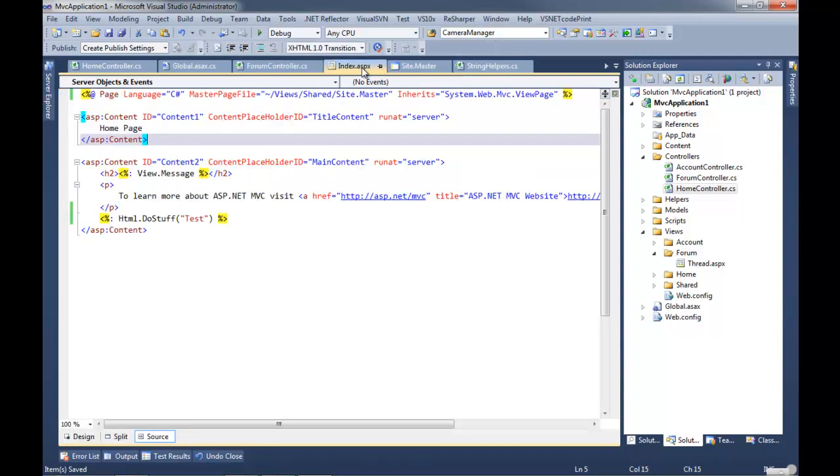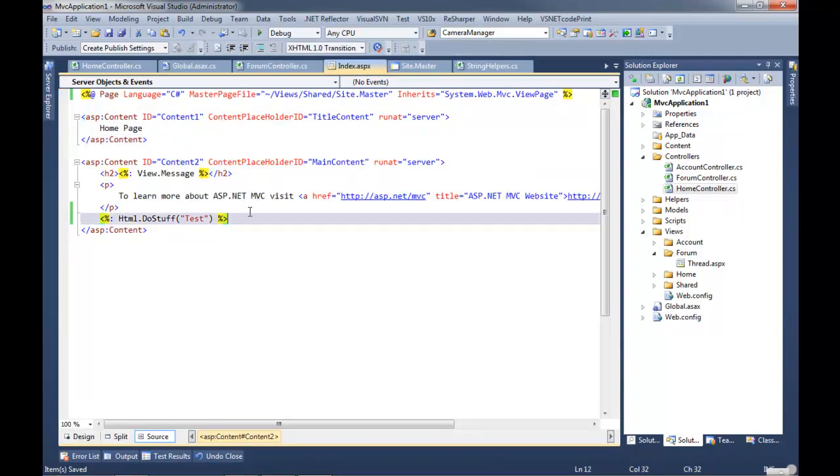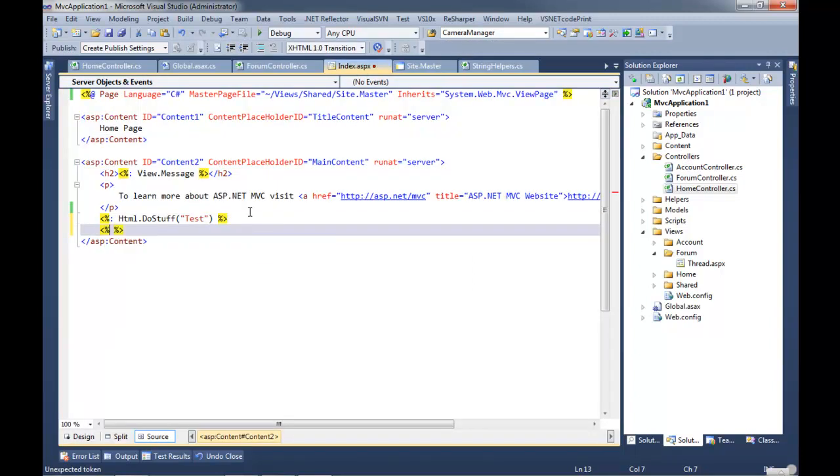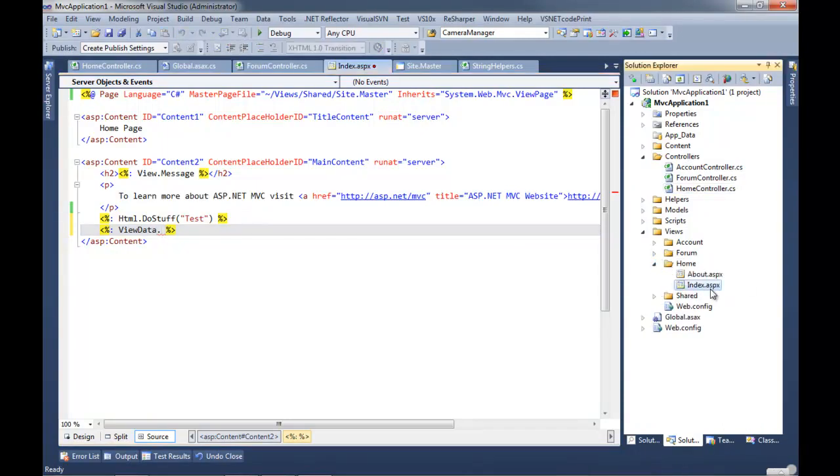And now if we go into our view, we'll be able to print out the view model or ViewData. Oh, there's a dynamic one. Like I said, this was a new feature, so don't hate me for not knowing exactly what I'm looking at. Let me get back into my home. I am in my home, so that means View.Message.